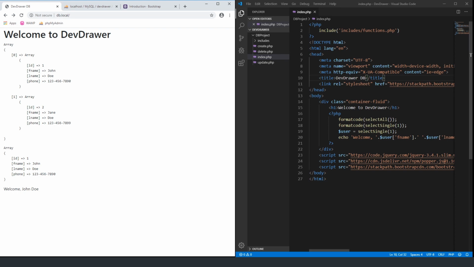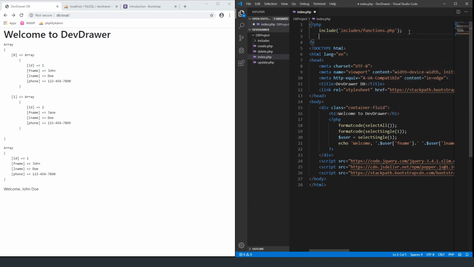Alright, so now we have our Bootstrap set up inside of our website. So I want to take some of this code and remove it, but I want to keep my select all, and I'm going to change this into a function call at the top instead of a variable. So all employees equals select all. And if you remember from the last episode, this select all just basically displays what you're seeing in